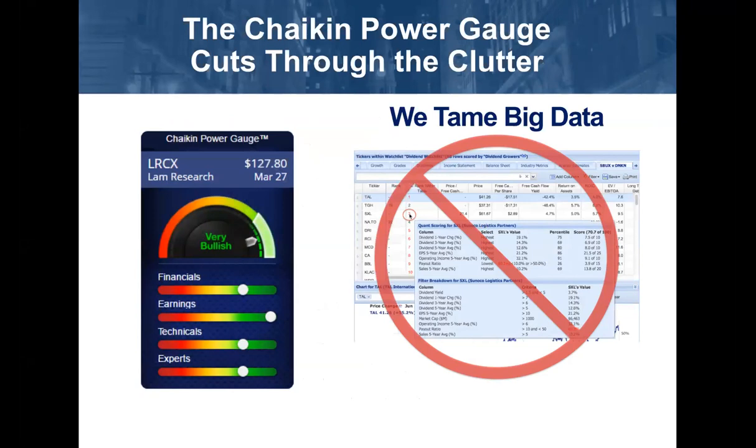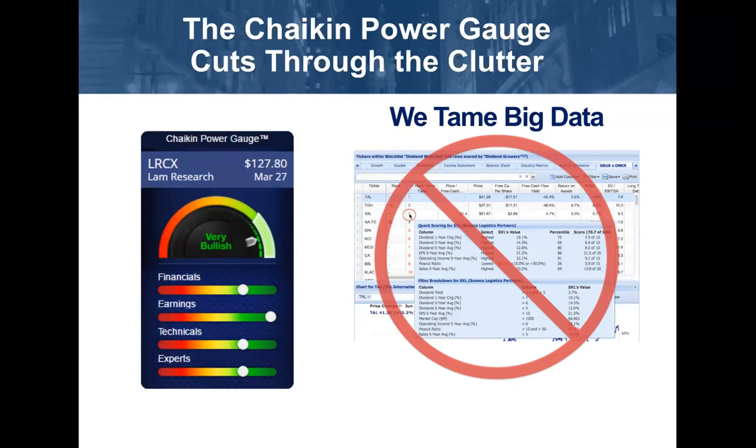So what we do is we take the data on the right, which for me would be unintelligible in terms of making a trading decision, and we do what's called taming big data. Big data is a watchword. Companies in the big data area, AI and so forth, is another way to tame big data. We distill everything down to that gauge on the left,